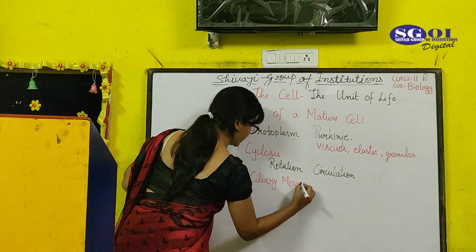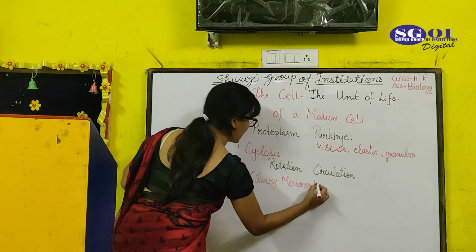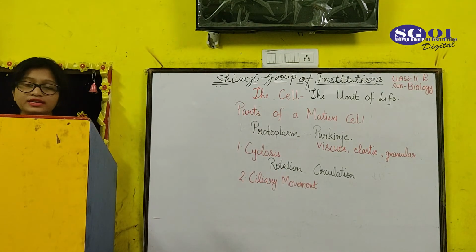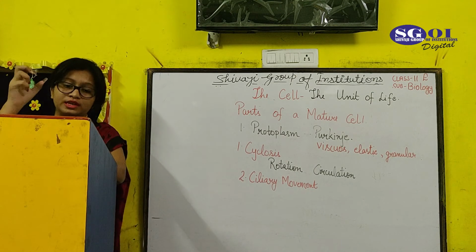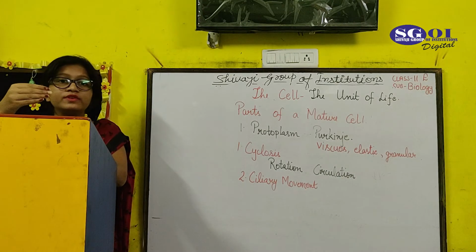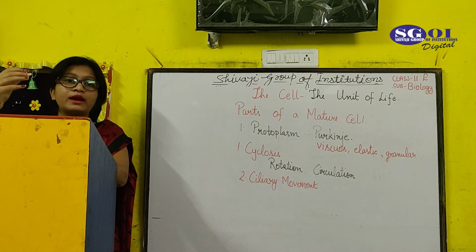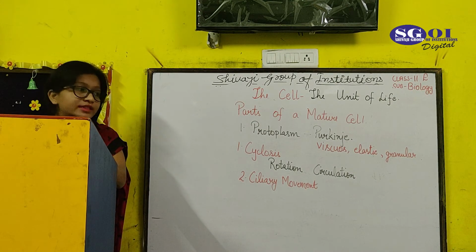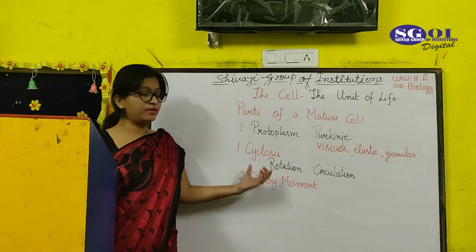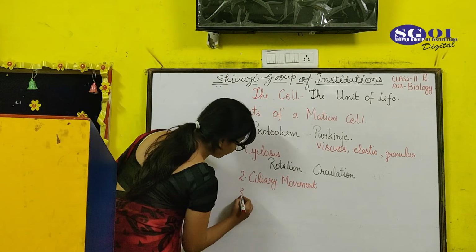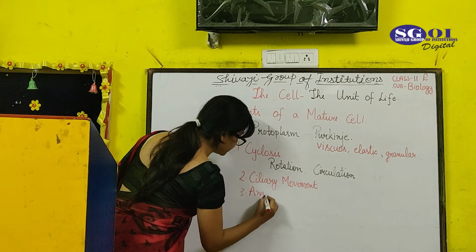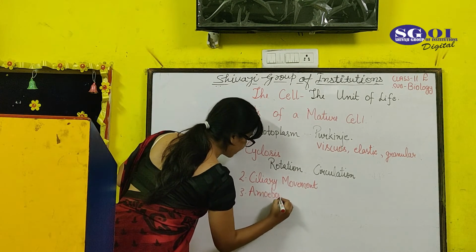Ciliary movement. As you know, cilia are a part of a cell which helps to move the cell, and that movement, which is cilia-like movement, takes place. In that case, ciliary movements occur in protoplasm. And the third movement, which is also very important, you can consider by its name only, and that movement